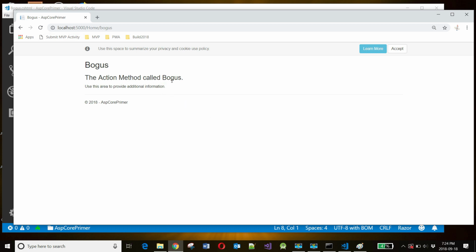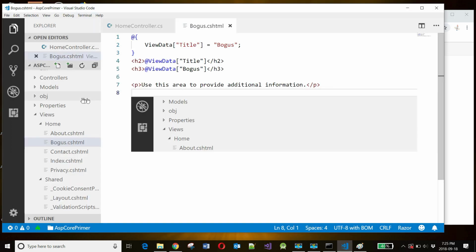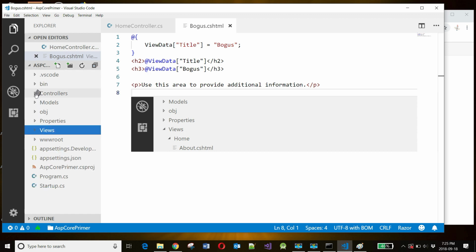The action method called bogus, my new action method, has a view, and it's got an action method, and it's in the right controller, so it works perfectly well. Let's do something a little bit better than that. Let's create a new controller. So I'm going to come to controller here